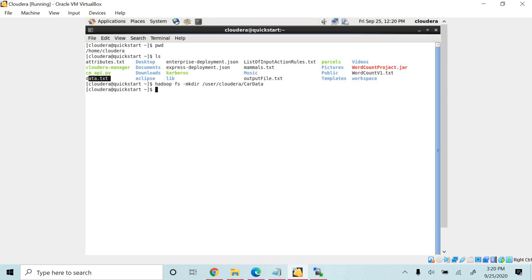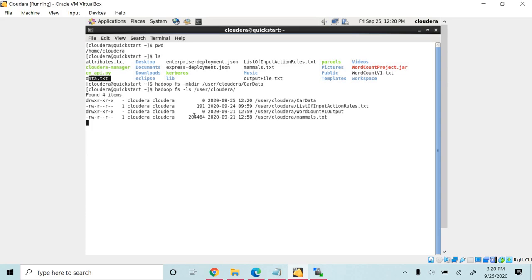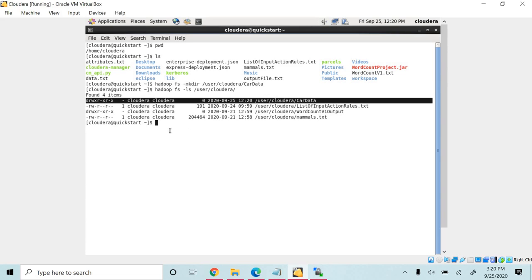The directory named car data is created in HDFS. Let's check if it is created properly. So we can see the car data directory is created.